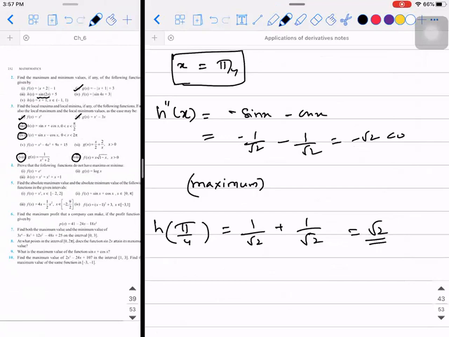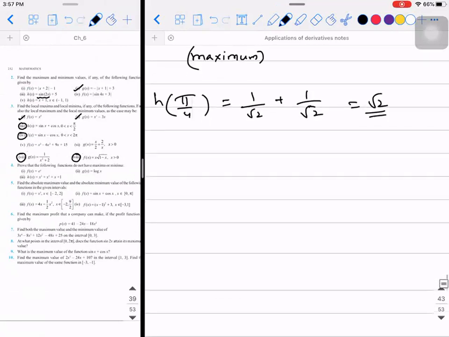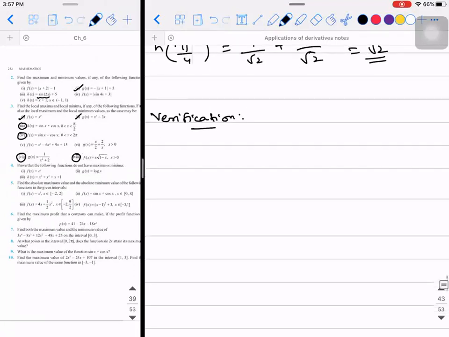Now again, I'm going to teach you a verification method. So do not use it in the exam. So if f of x is of the form a sin x plus b cos x, if it is only having sin x and cos x, sometimes you can have a constant also. Don't worry about the constant.